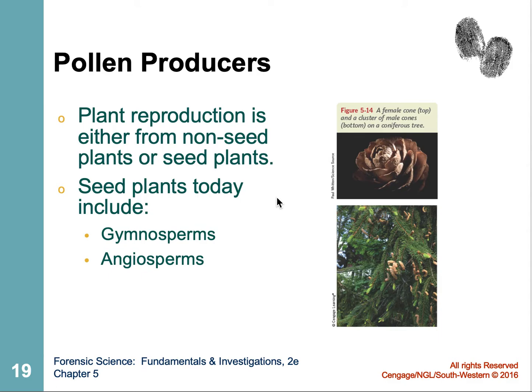Pollen producers, plant reproduction is either from non-seed plants or seed plants. Seed plants are going to include gymnosperms. That's here your cone plants, your evergreens, your firs, your plants of that type. Usually they'll have either male or female cones. Female cones here look like this, kind of these wooden flowers, I guess. They're going to open up, and inside are going to contain the ovaries. And male cones being these